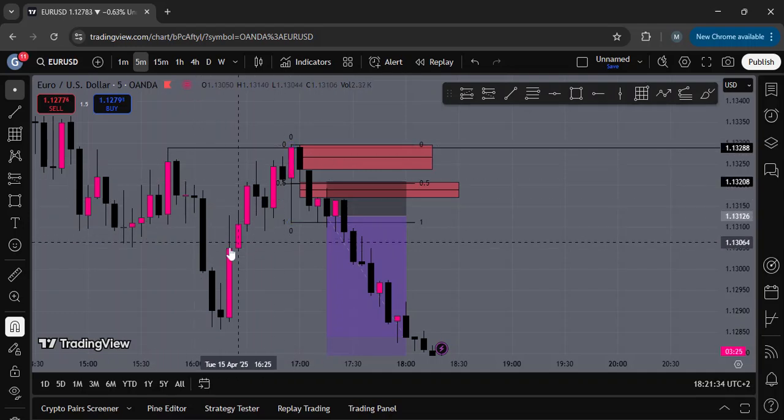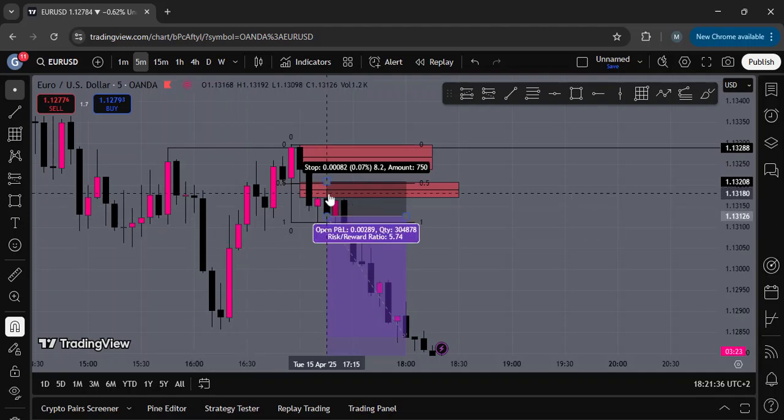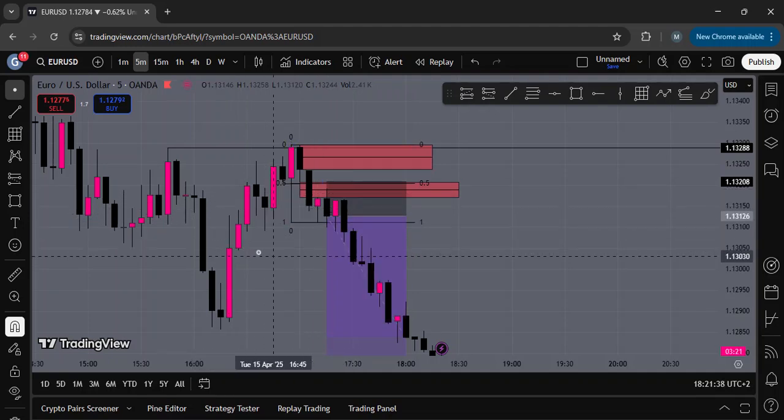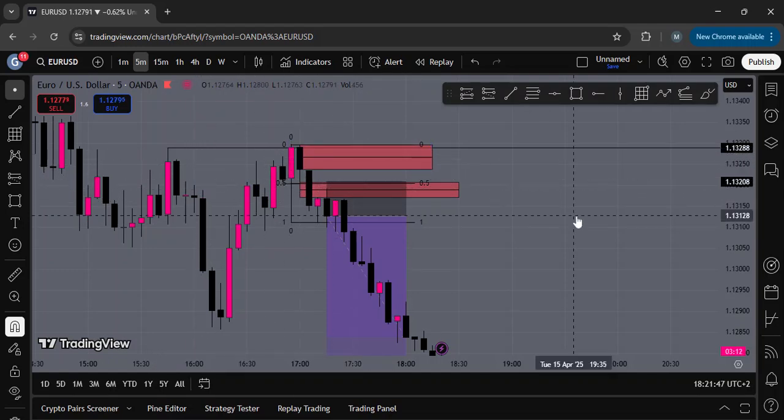This fair value gap, we close inside of it. Yes. Did we close in this? No. Second difference. Then you say point of interest. I had a very bad doji candle in here. Here I had a good point of interest. Third difference. And then like that, you just basically check what the differences are, and you see them here.